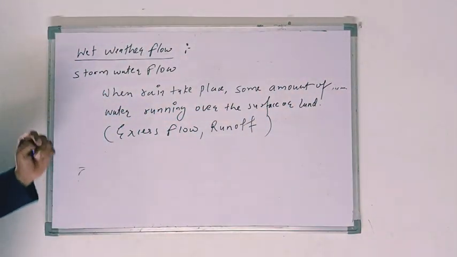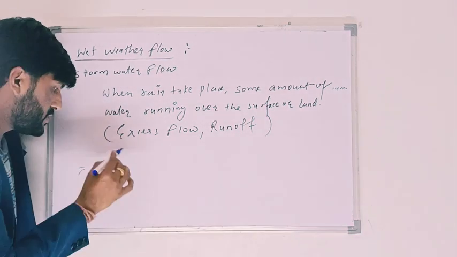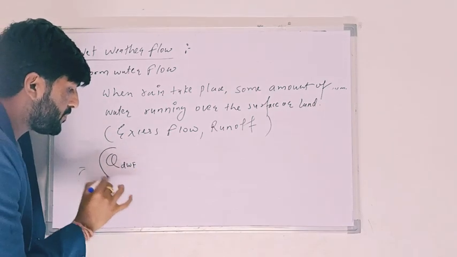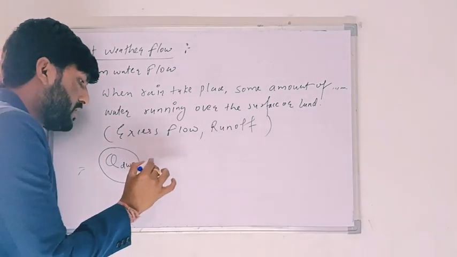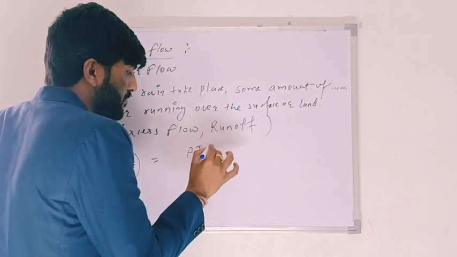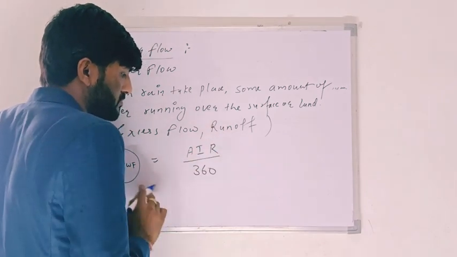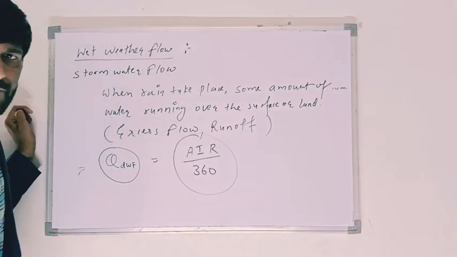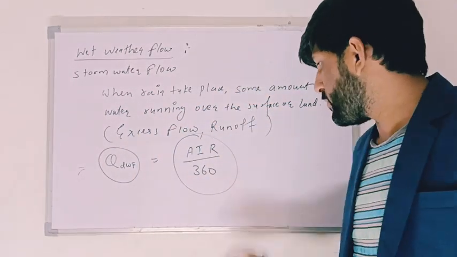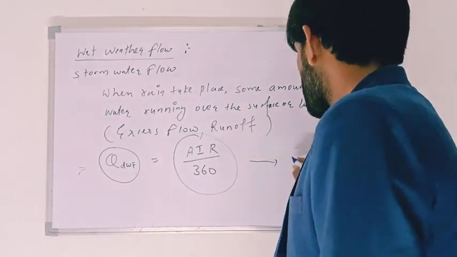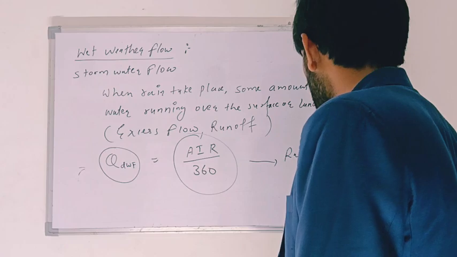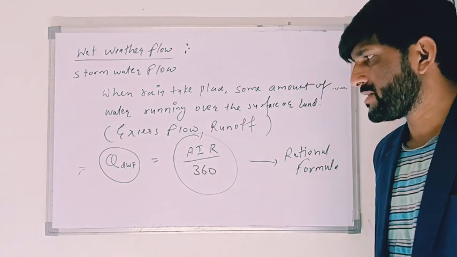Now we have to calculate this term, this value. Let's assume dry weather flow Q. This term we have to calculate, and we have a wonderful formula, AIR upon 360. This is your formula. Okay, wet weather flow is calculated with the help of the rational formula, AIR upon 360. This is your rational formula. इस फार्मूले की हेल्प से आप इजीली कैलकुलेट कर सकते हैं।